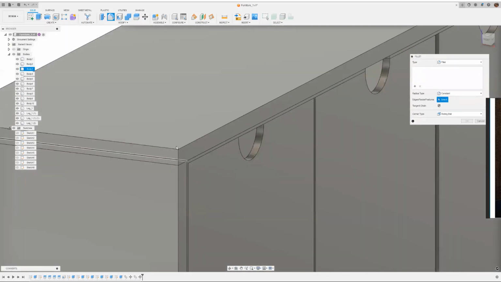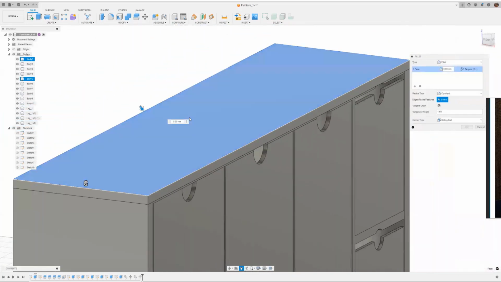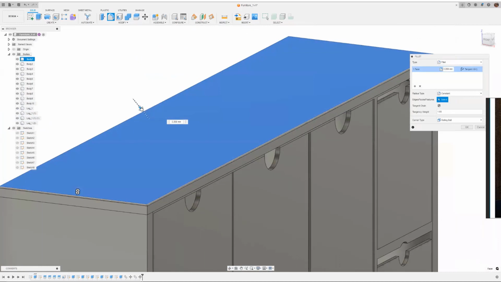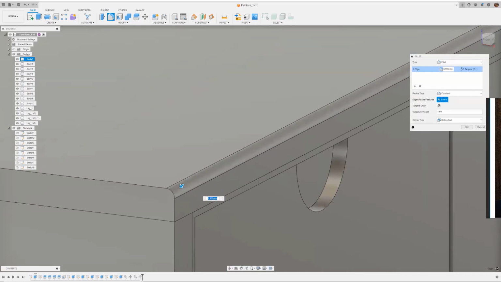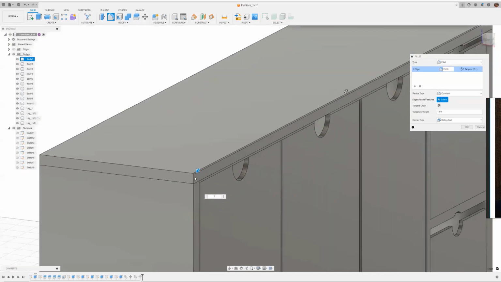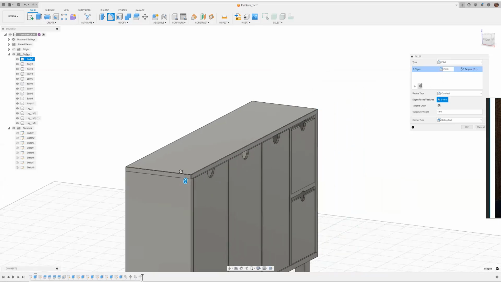After selecting the fillet command, you can select the edge, or you can select the face, and you can fillet all the edges of that face. Or as I said, you can select an edge and fillet that. We won't give some huge value here. Let's say 2 mm maybe, but we don't have time to select all of the edges one by one, so we will do that